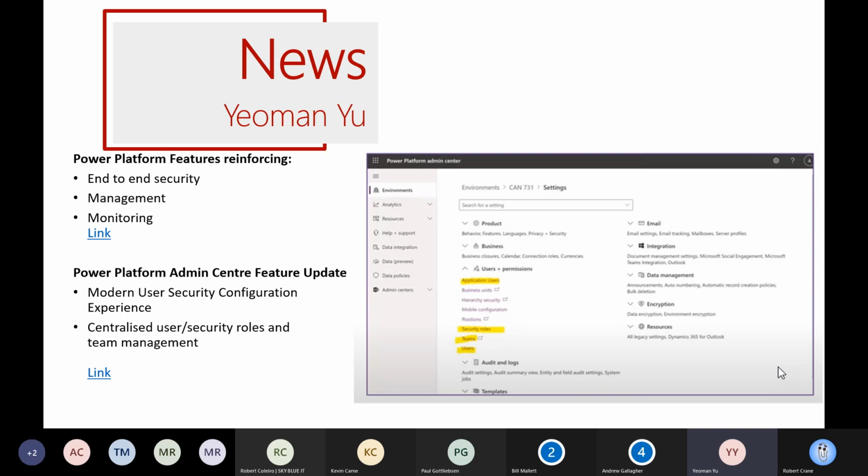So they updated their modern user security configuration experience in the Power Platform Admin Center last month. And so what we have is a few more features, documented such as Dataverse now having end-to-end real-time encryption so that your data is not interceptable, and a big focus also on a data loss prevention policy structure.